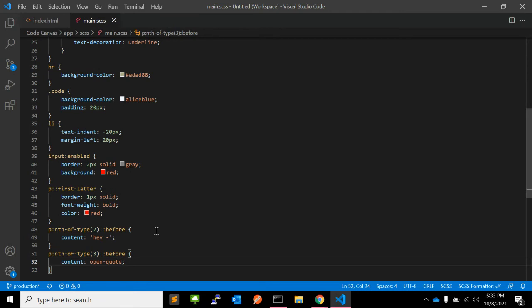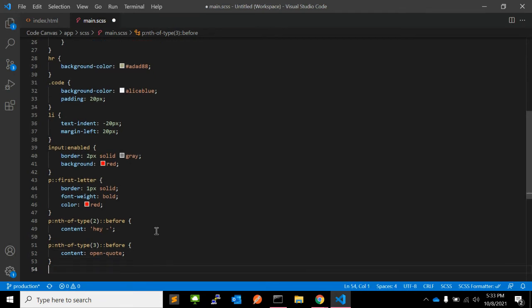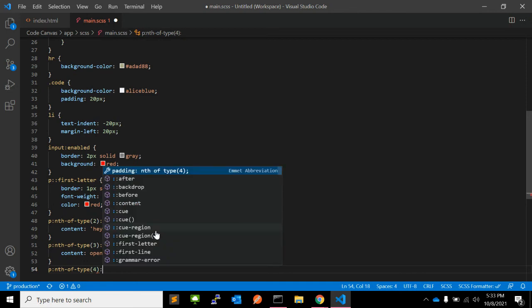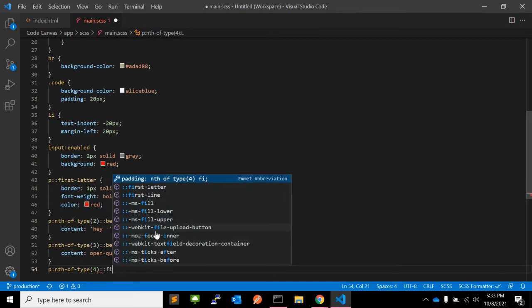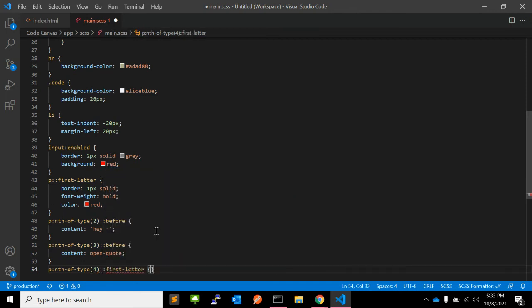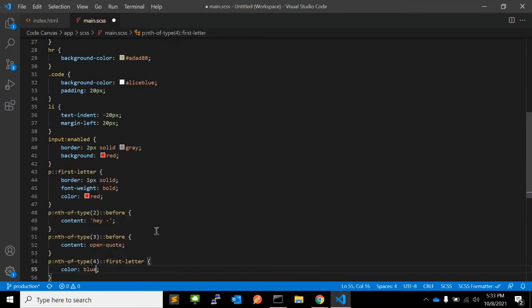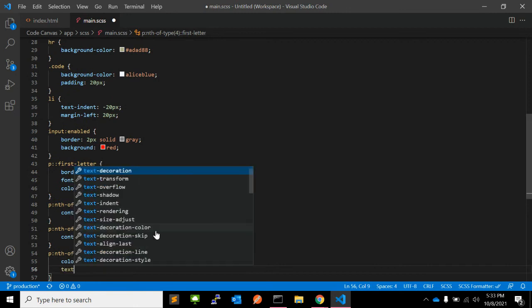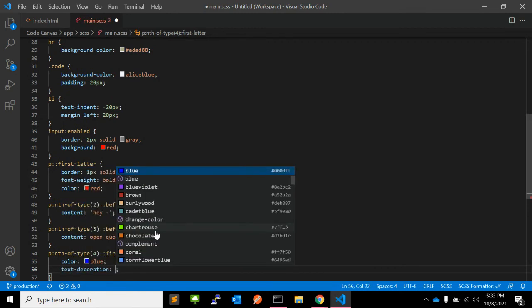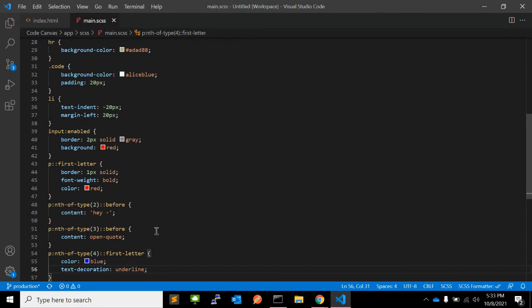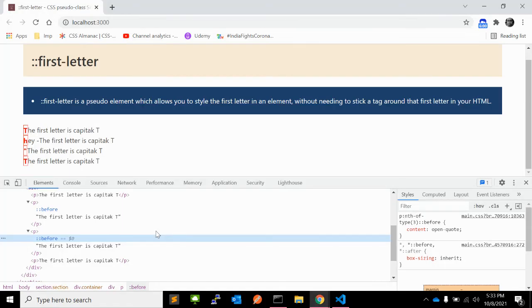And for the last CSS, we can write p nth-of-type 4, first-letter, color blue, for example, text-decoration underline, and let's see how it looks.